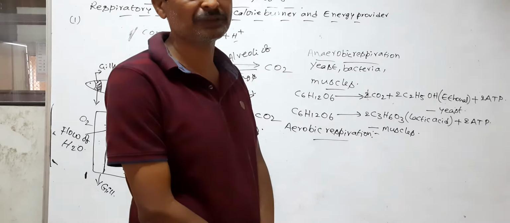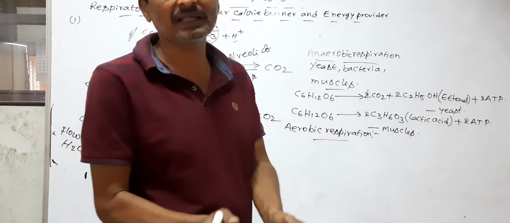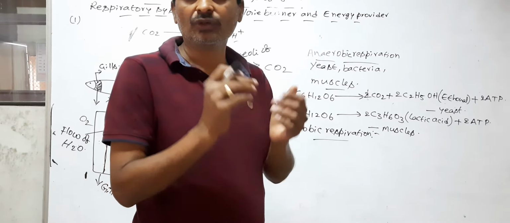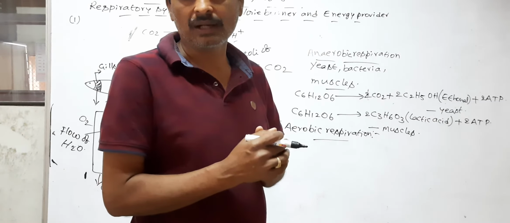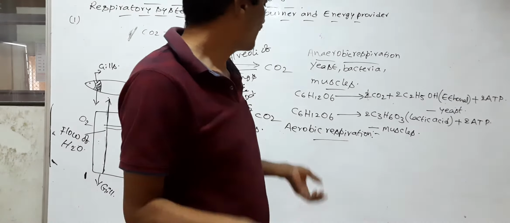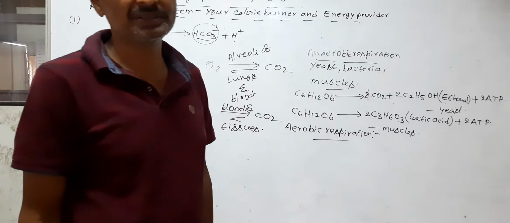So aerobic respiration occurs in the presence of oxygen. So the breakdown of glucose in the presence of oxygen to produce a large amount of energy is called